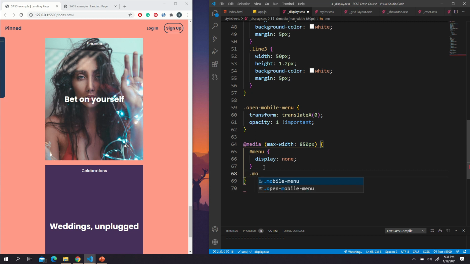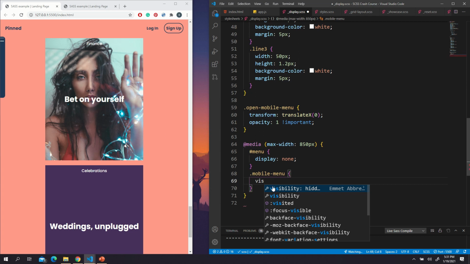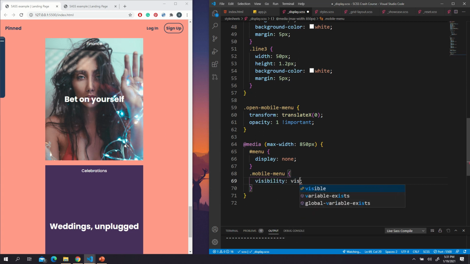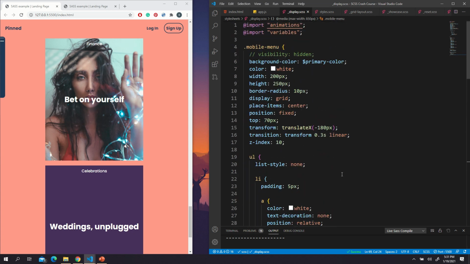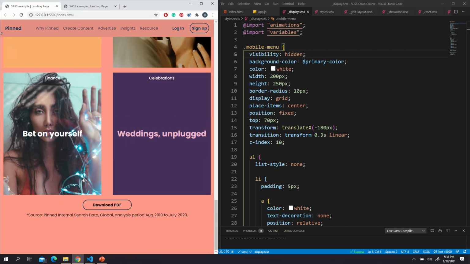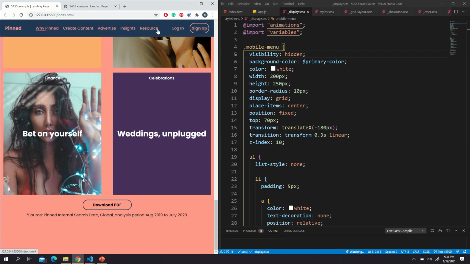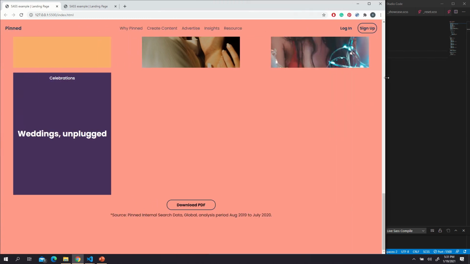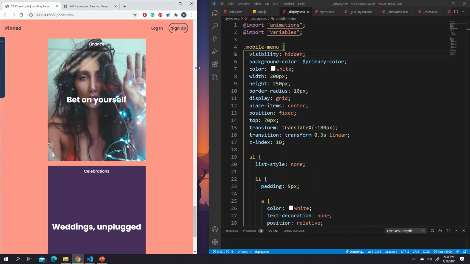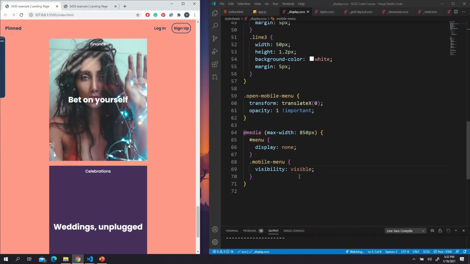Now, also, I want to do the mobile menu now. Mobile menu, I will say visibility visible. Okay, now this one coming from this visibility hidden. So initially this should be hidden. So I'm going to uncomment that. So I'm going to save this. So if I make it bigger now, you can see that goes away, but your upper nav comes back. So I will say visibility visible, and I